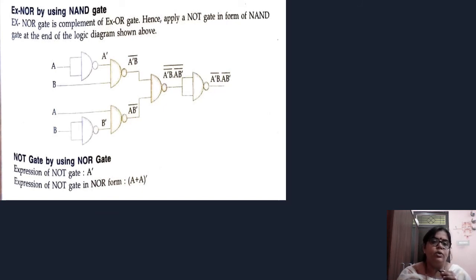Previously we were doing the NAND gate. Now we are going to do NOR gate, and how to make a NOT gate by using NOR gate. See, the expression of NOT gate is A complement. The expression of NOT gate in NOR will be (A plus A) complement.